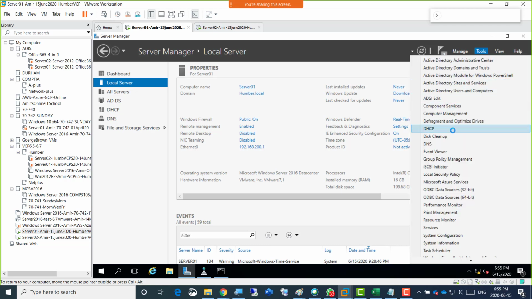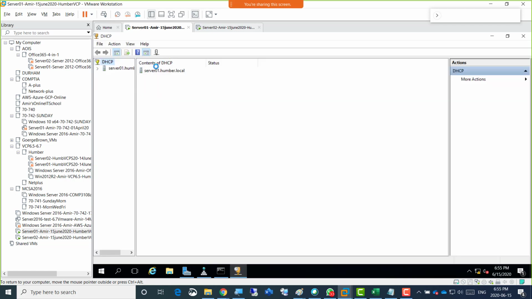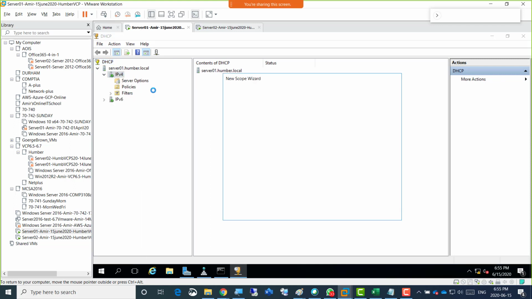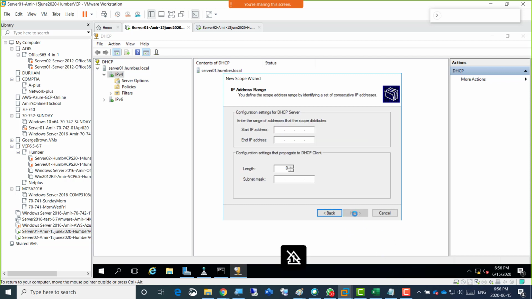So I'm just going to go down to DHCP here and open the DHCP because I need to create the scope. I hope everyone has already created that scope as well. So I'm going to expand that and expand IPv4. I'm going to right click on IPv4 and new scope. And next, so it's the company scope or your first name scope, whichever, it's okay right now. Next, and then I'm going to give a range